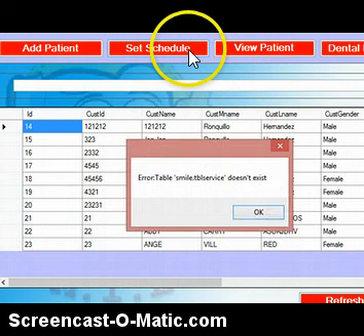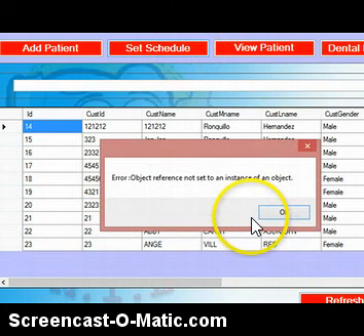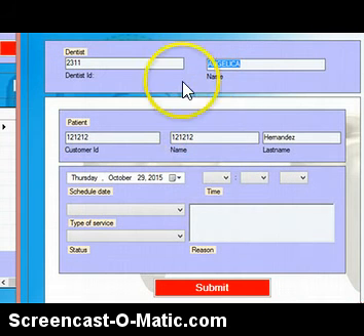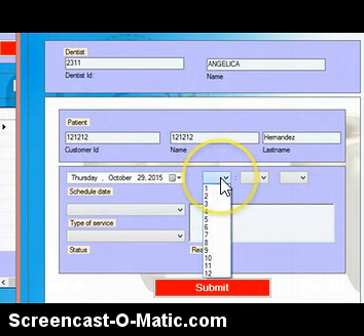Then if you want to set the schedule, so this is the schedule. So what time do you prefer?